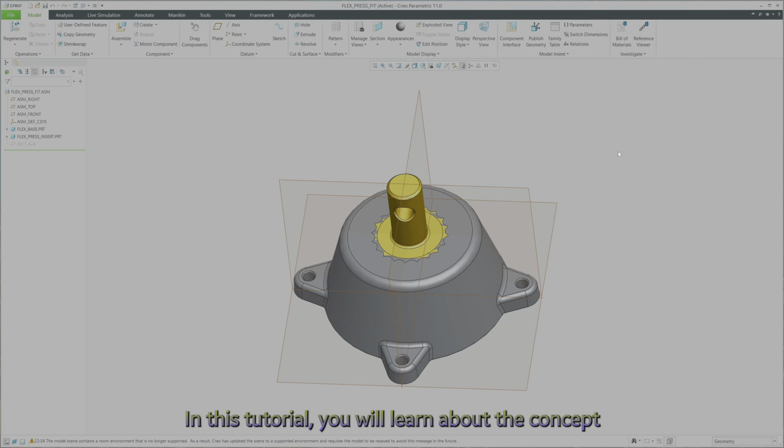In this tutorial, you will learn about the concept of using flexibility to remove interference. So let's get started. The insert and base model used in this exercise are assembled in the workshop using a press fit type interface. In real life, the interference caused by the press fit is intended to be used to keep